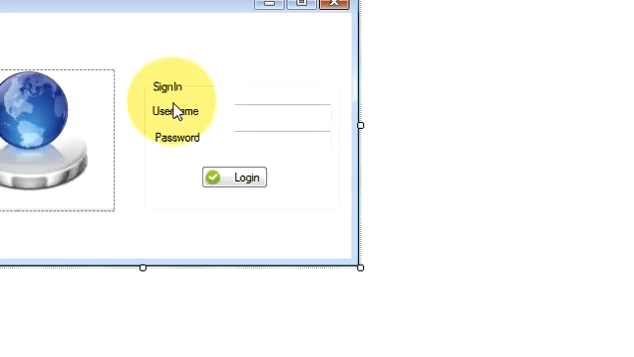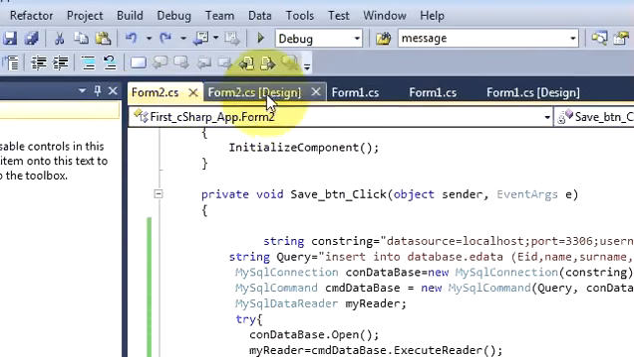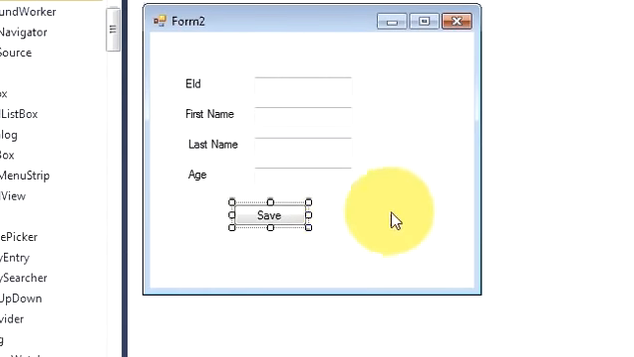Till now we have seen how to make a login application with C Sharp and MySQL database, how to create a new form when you log in, and how to open a new form. When you open a new form, I just want to be able to save the data for the employee. So in this video we will learn how to save the data from your C Sharp application to the MySQL